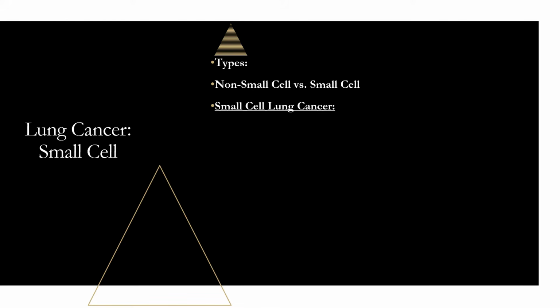Small cell lung cancer, there's a few things that I want you to know about this, and I'm not going to go crazy with a million things. There's really only like 4 or 5 things that I feel like you should know. First thing is it's extremely aggressive, very aggressive. It spreads fast. Most of the time when small cell lung cancer is diagnosed, it's already metastasized. It's not common that it hasn't. That's the common finding in small cell lung cancer, that it's already metastasized at the time of diagnosis, so very